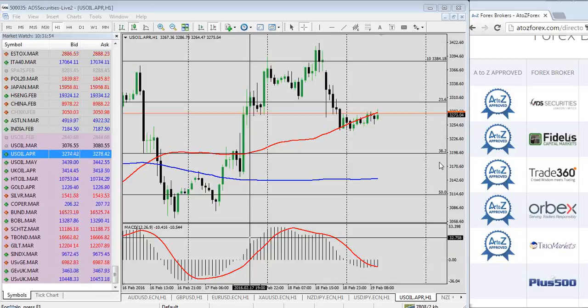Just like the entry that we took above 1,196, if I'm not mistaken, it was. If you look at it, we missed literally the stop loss by 10 or 15 pips difference,